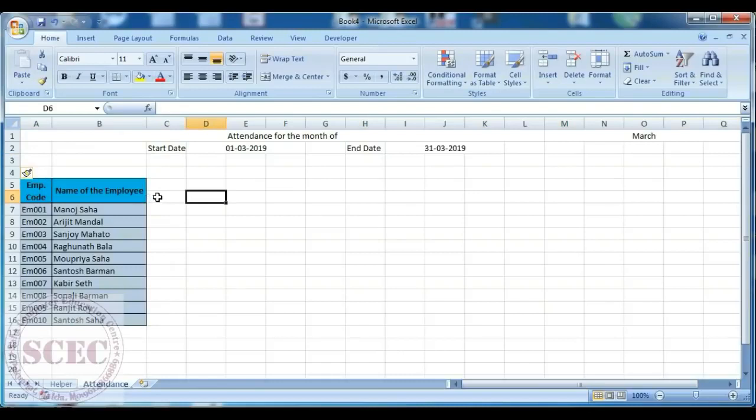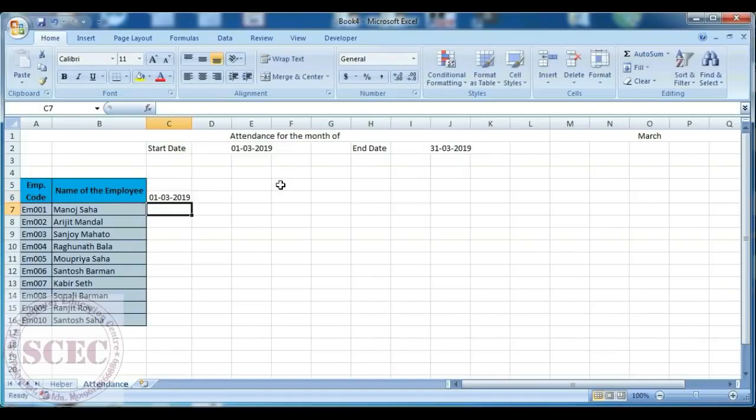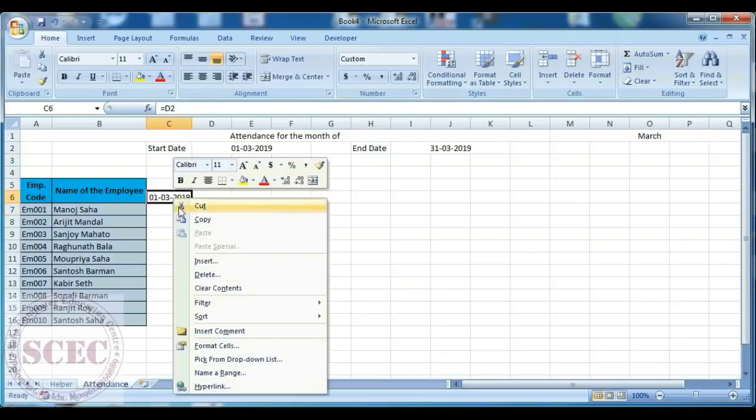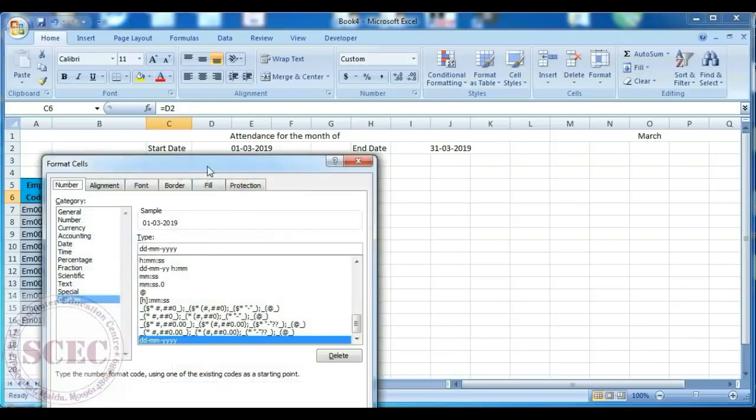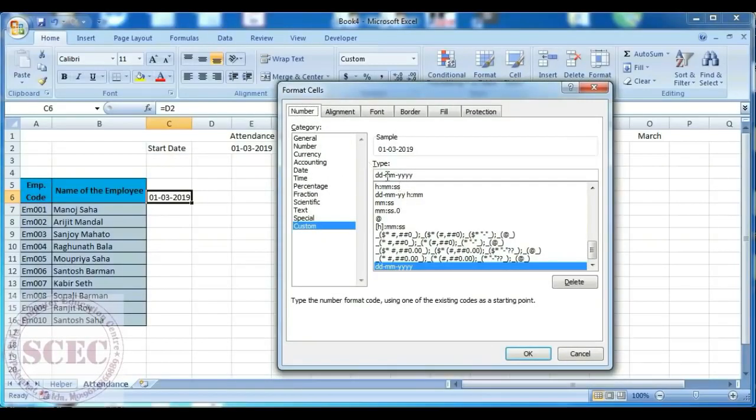And now we will create dates one by one here. So here I will give the first date of the month. If I want to give the first date, press equal to and then select this one, we'll get the first date of the month. We cannot keep the full date here, we have to give the first 2 digits. So format it from the front cell and go to custom and keep only DD and then click OK.